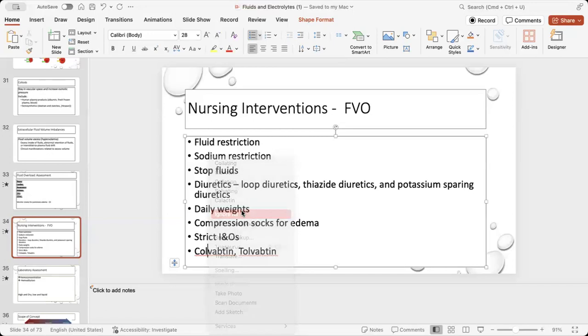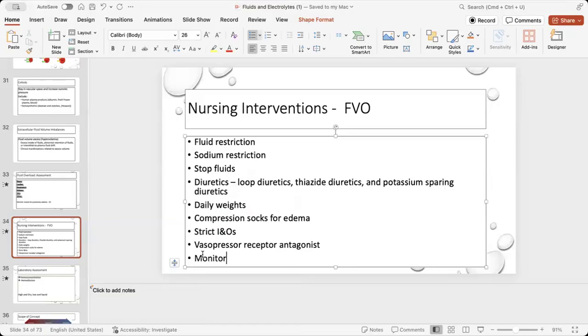What are they called? Vasopressin receptor antagonists. If I have a patient who is fluid overloaded, too much fluid, and their sodium is low, what's my risk of giving a diuretic? Lowering that sodium more. Yeah, I could possibly lower that sodium more. So I need to be careful that I'm monitoring their fluids, but also monitoring their electrolytes.